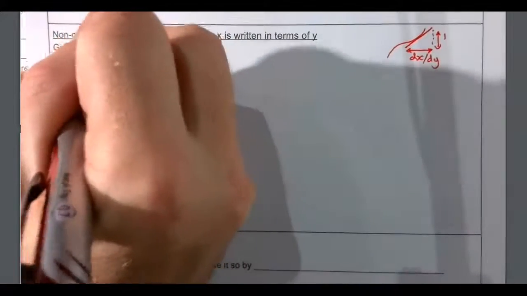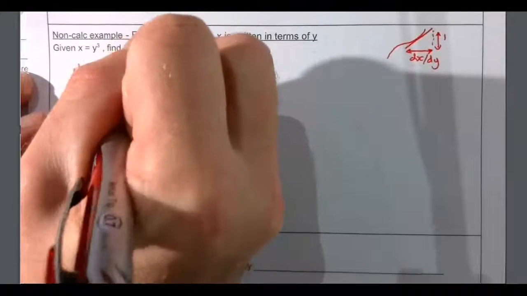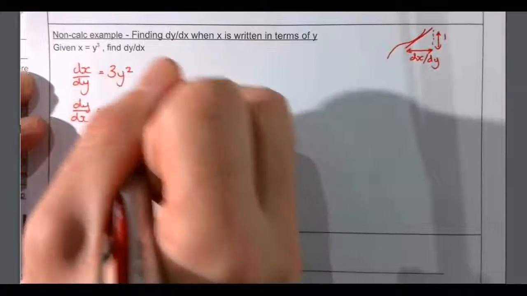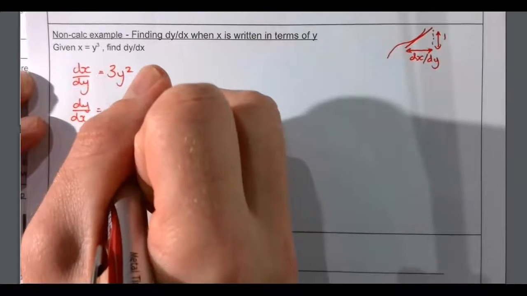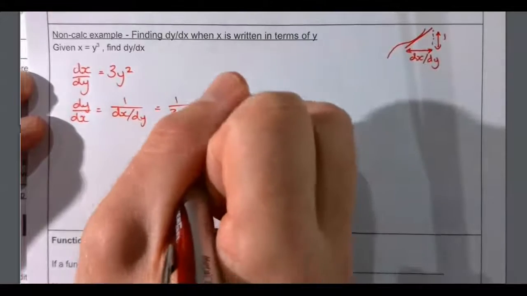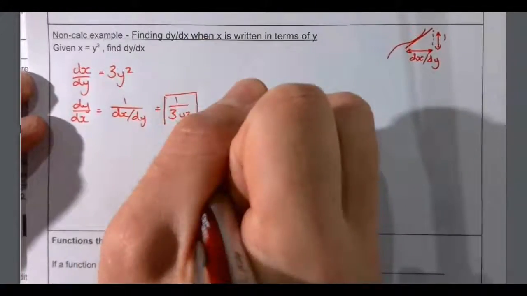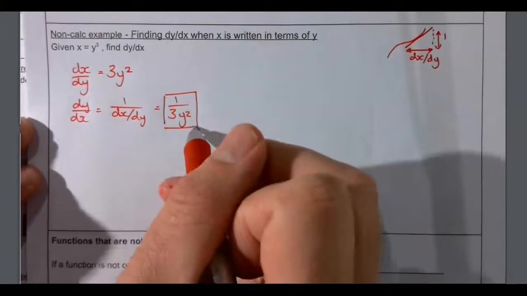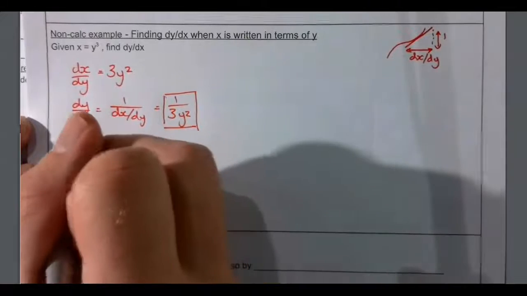So that shortcut in action, if we've got x equals y cubed and we're trying to find dy by dx, let's quickly find dx by dy, differentiating in terms of y, give me 3y squared, so then dy by dx is 1 over dx by dy, so that's 1 over 3y squared. That answer in itself is fine,